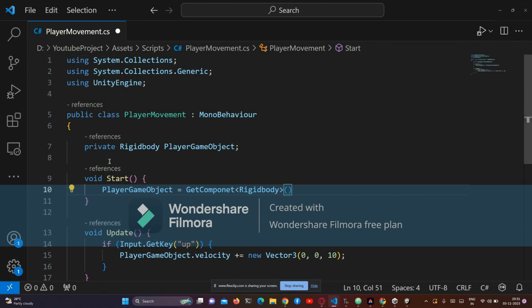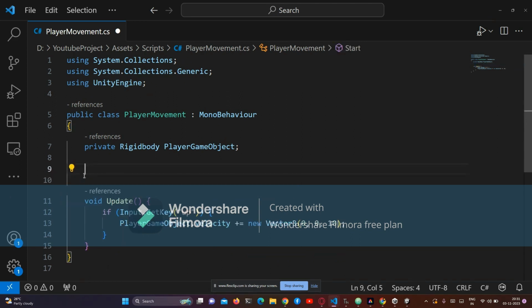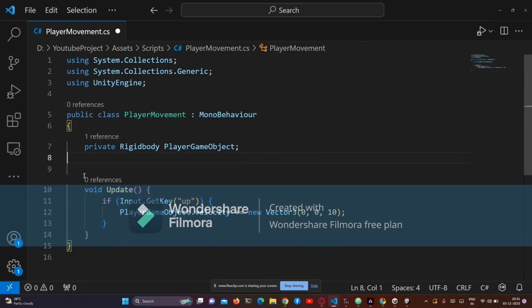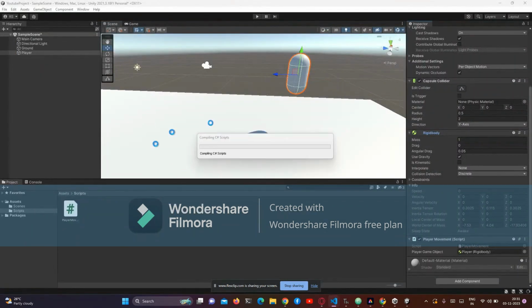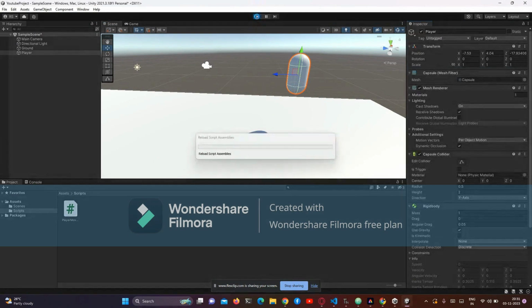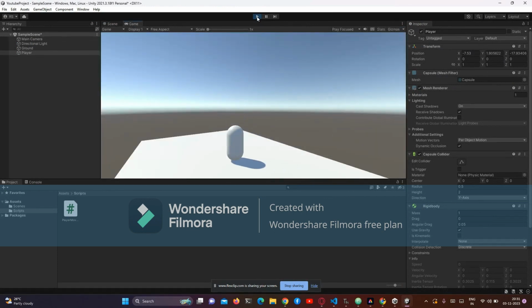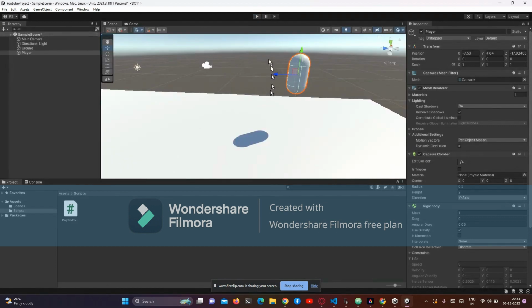Next is a swap, but I like to do it this way. This my method is not what most people use. Most people use the other method which I just showed you, but I like to use it. So hang with me. So now, if you see, every time we click on the up arrow key, the velocity will increase. We cannot see this effect because